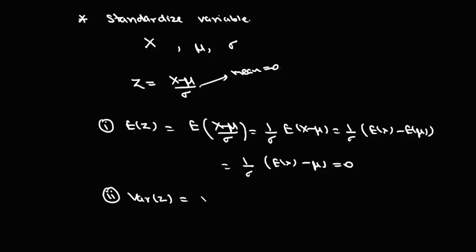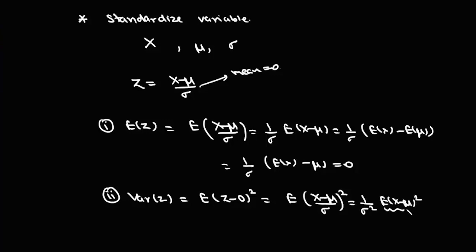इसका जो वेरिएंस आएगा वो आएगा एक्सपेक्टेशन ऑफ z माइनस उसका मीन 0 होल स्क्वायर, जो कि है बेसिकली एक्सपेक्टेशन ऑफ x माइनस म्यू अपॉन सिग्मा होल स्क्वायर। अब यहां से हम इसको लिख सकते हैं 1 अपॉन सिग्मा स्क्वायर और एक्सपेक्टेशन ऑफ x माइनस म्यू स्क्वायर, और एक्सपेक्टेशन ऑफ x माइनस म्यू स्क्वायर तो वेरिएंस हो गया, तो ये 1 के बराबर हो गया। तो जब हमने वेरिएबल को स्टैंडर्डाइज कर दिया तो उसका मीन 0 और वेरिएंस 1 के बराबर कर दिया। तो अब z के लिए जो डिस्ट्रीब्यूशन आएगा उसमें मीन 0 रहेगा और वेरिएंस 1 रहेगा, इसलिए हम इस z को स्टैंडर्डाइज्ड वेरिएबल बोलते हैं।